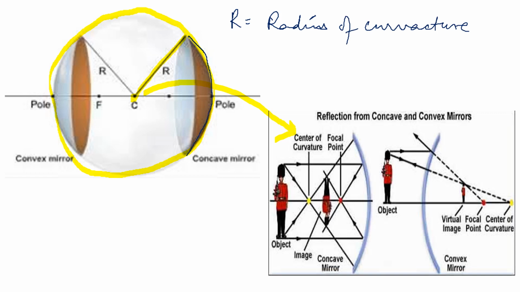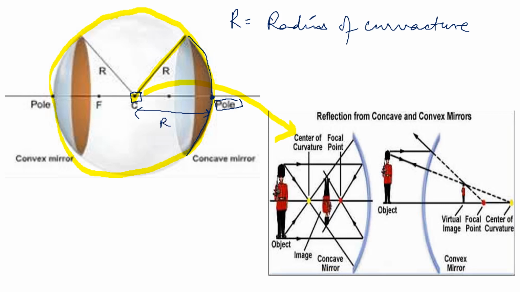That much is clear. Now I told that these spherical mirrors are a part of it. Now this part has a center. That center is called pole. Just try to understand. I am going to give you the definitions. Just wait. Okay. Now pole you got. Pole is the center of the spherical mirror which we are talking about. And C is the center of the curvature of which this mirror is a part of. Okay, now r radius of curvature you got. So this length is also r, isn't it? This is also radius of curvature only, isn't it?